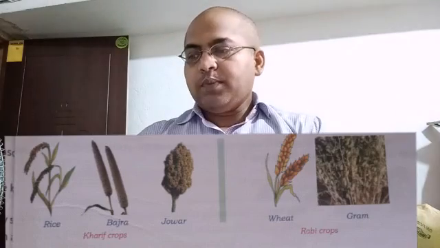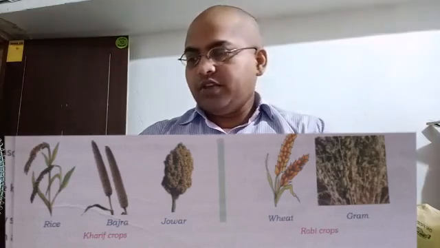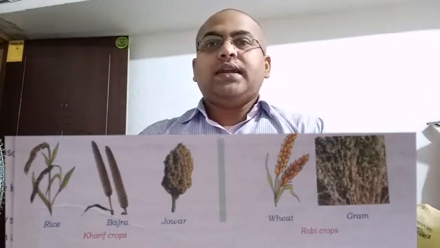Now comes the next type of question. Give 2 examples of each. The first, monocot plants. Monocot plants means there is only one seed leaf or one cotyledon. So monocot plants are maize and wheat. Next comes dicot plants. So mango, then comes the pea, then comes the lentils. They all are dicot plants, which means 2 seed leaves are there.